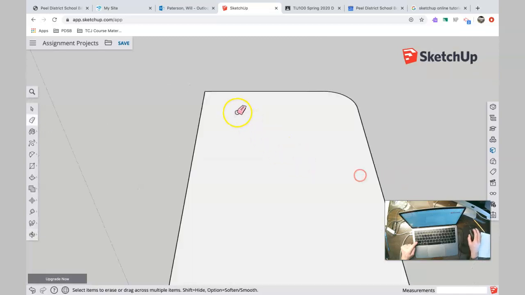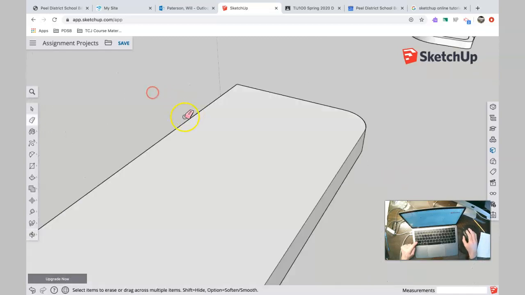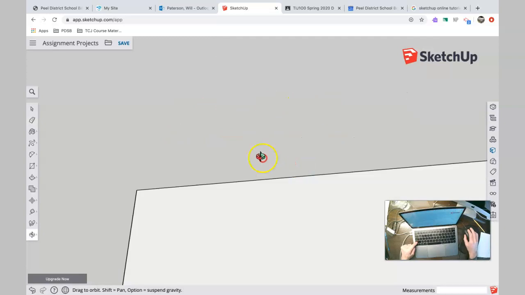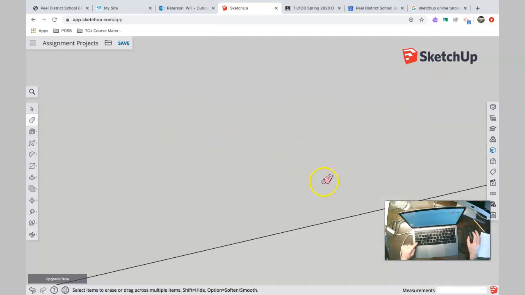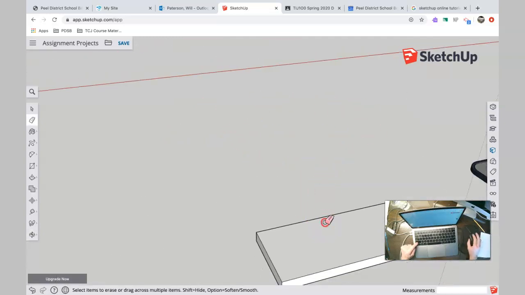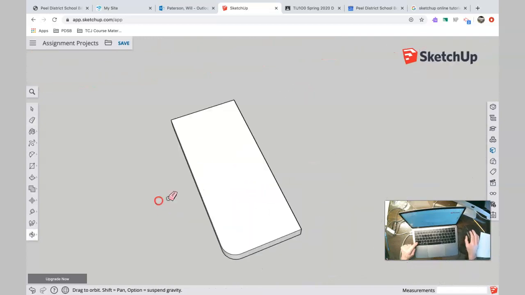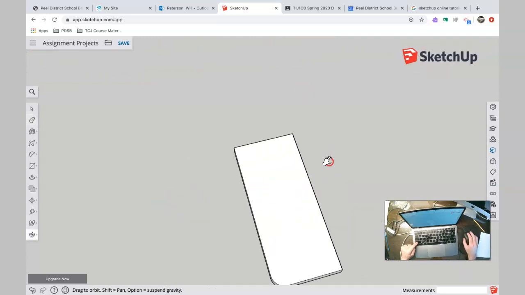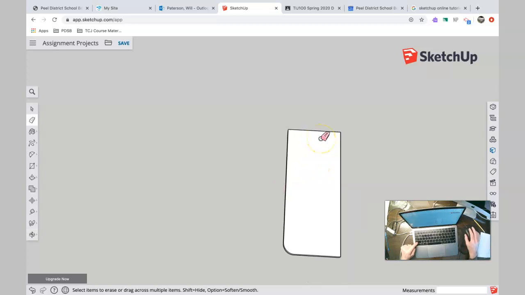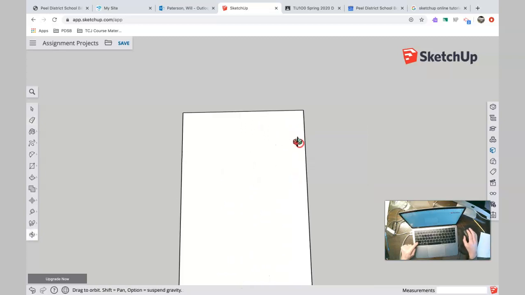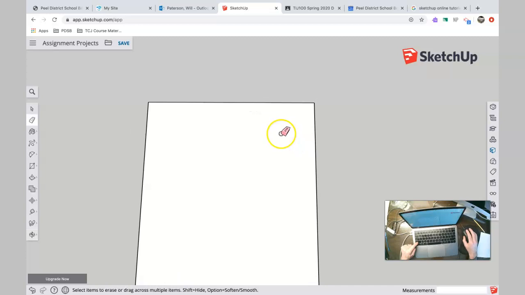Let me go to another corner. I'm going to do the same thing. Actually, I'm going to go to the other end, okay? And I want you to see something. So here I am at the other end. Now, if you're doing 2 curves like this, if you're doing 2 curves and you want them to be the same size, okay,